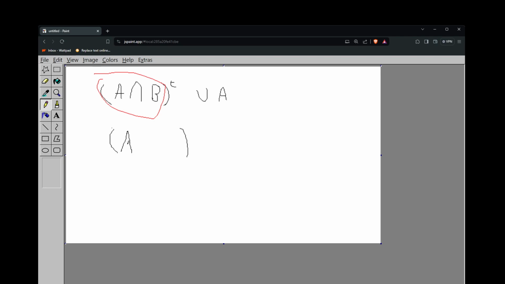Then inside we will have A complement and B complement, and since it was an intersection here, we'll have a union here and a union of A outside, because we did not apply De Morgan's law to that specific thing. Okay, and from here we can then go back and think about our laws of associativity, and say that commutativity,